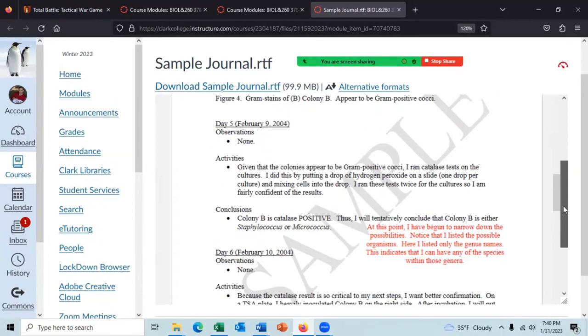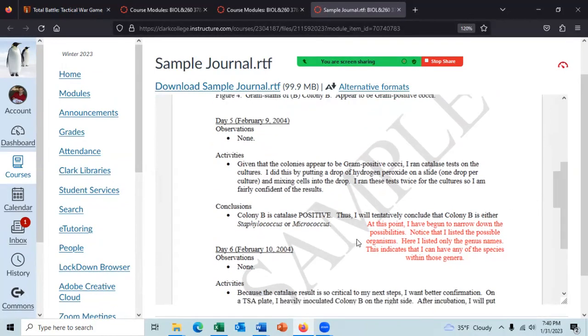And you'll notice he's got the results in 3 different areas on the day. He's got the observations. So on a previous day, he requested a test, and then you'd put the test results under the observations. He's then got the activities for this day that he wants to run on this day. And it looks like on this day, oh, he's going to request the hydrogen peroxide test, meaning he's going to run the catalase test. So that's the activity he did.